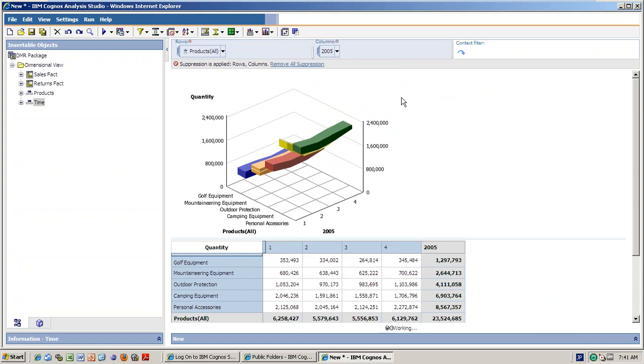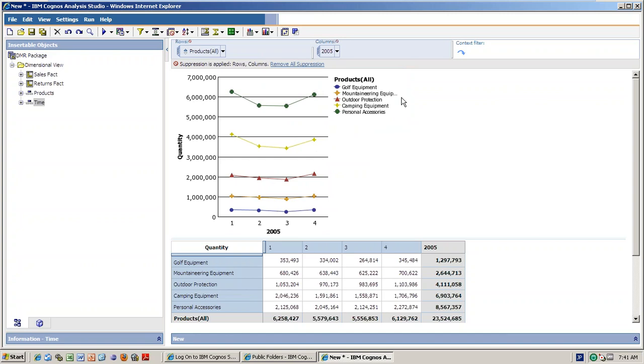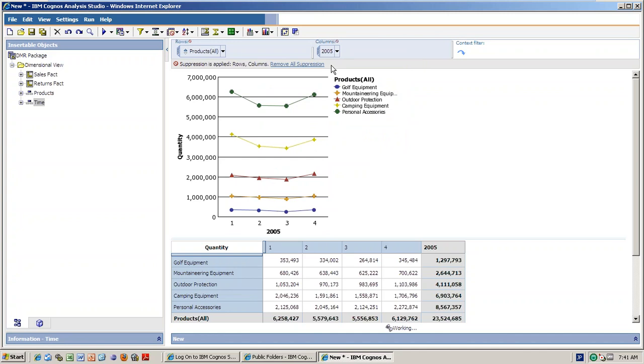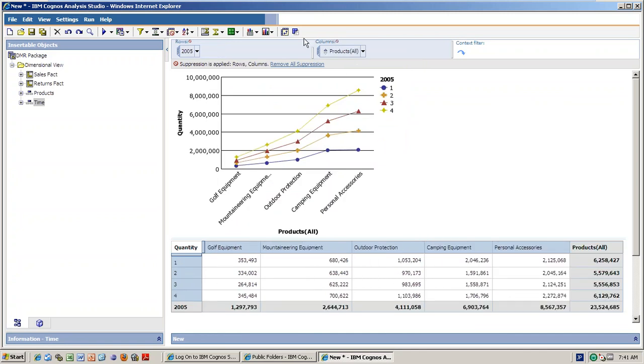Stacked chart. So this is how you can get whatever chart you want, okay? Swapping the rows once again, like this.